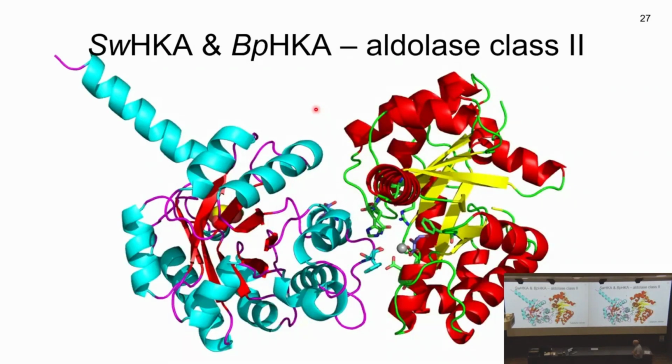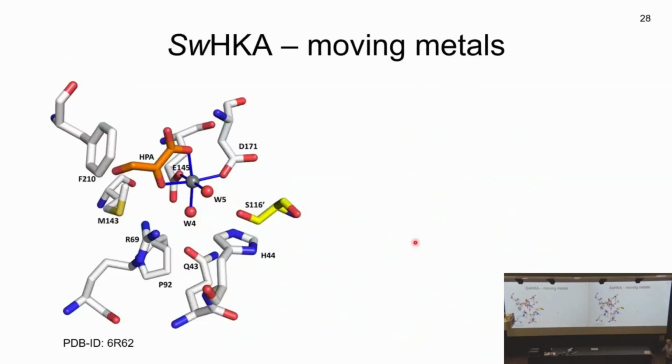Now the active site is not inside one of these monomers, but it's actually at the interface of 2 of the monomers, and then not for the domain swapped monomer. So that's not at that position. So we've got the active site here with the metal. These are the 2 acidic residues that coordinate the metal, and this is the hydroxypyruvate. And that is the other subunit being close by. And when we examined all of these structures carefully, by then we had assembled something like 10 different X-ray structures, we found that indeed this is nice in this position.